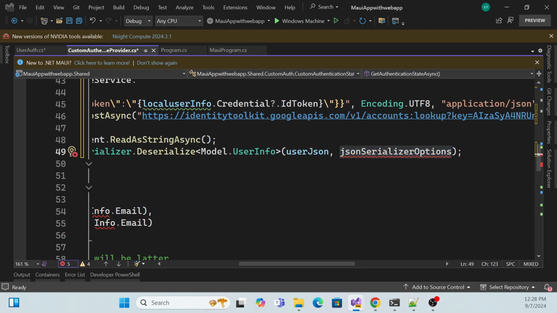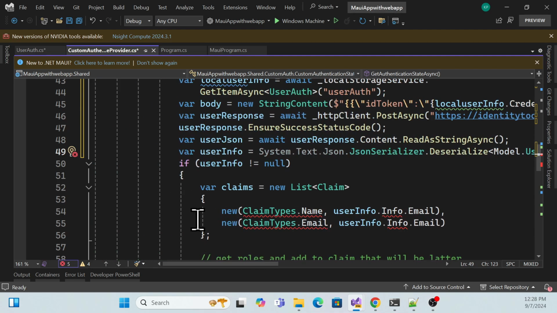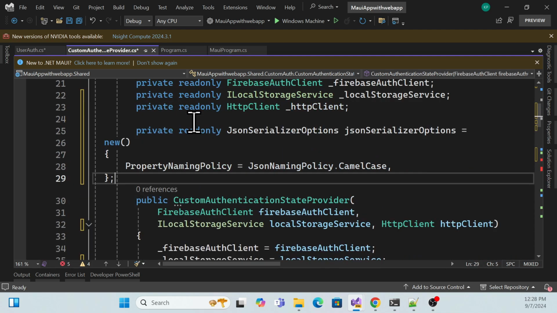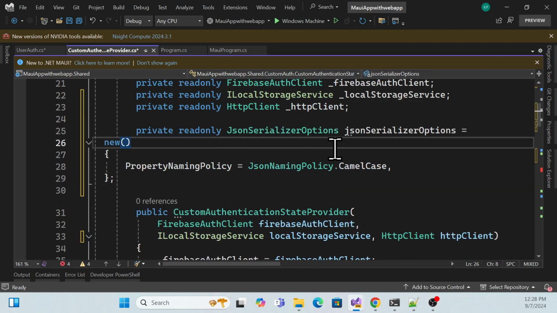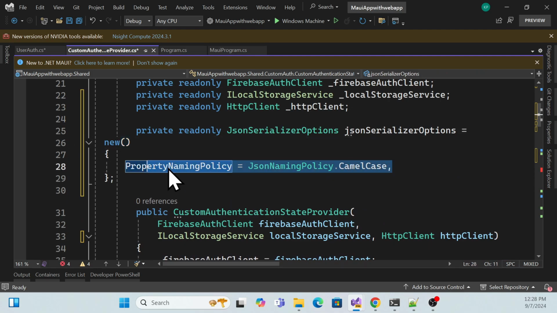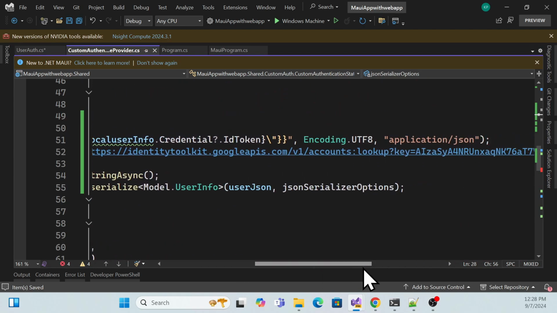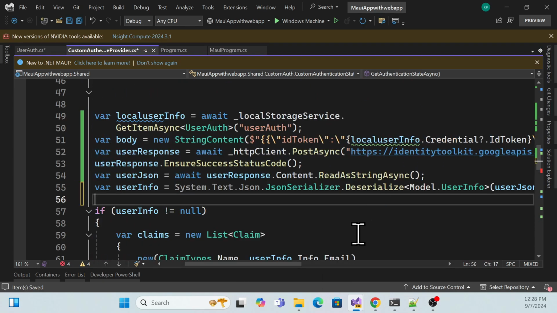Let me quickly create a JSON serialize option, so that it will handle all the naming convention that will be returned in the response. So let me just declare it over here as a private variable. It's nothing, just settings. So I'm setting the property naming policy to JSON naming policy camel case, right? So we just have to handle that camel case. Once you handle it over here, now see, this is handling it,